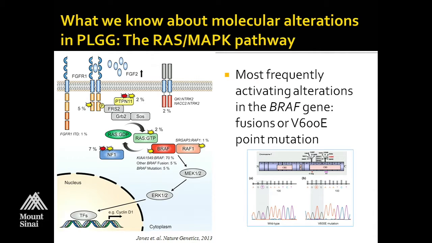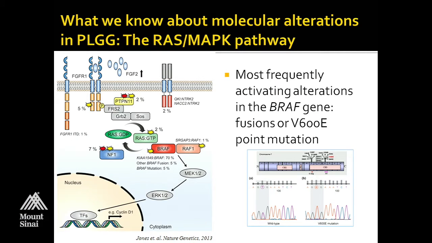kinase pathway. So we've known, obviously, for a long time that NF1 patients are susceptible to low-grade gliomas. And then a number of papers have come out, and Charles also talked about this, including papers from his group, which identified these BRAF duplications where it gets fused to another gene called KIAA1549 and thought to be activating mutations. And then a second way that BRAF can be activated is through the V600E point mutation, which I'm sure most